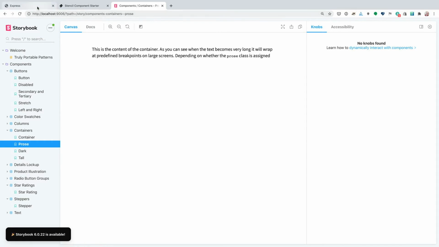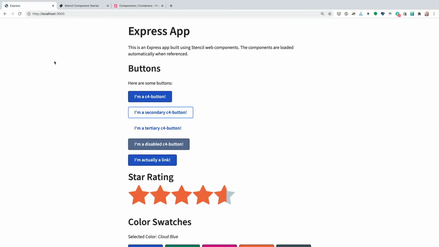And just to show you one more thing, we've taken those components and actually output them to just a basic web page as part of an Express app. Express is just a very simple web server that we're using to serve up this HTML document that contains all of the web components that we have defined. So that we have sort of a Stencil version, a Storybook documented version, and just a pure basic web component version that we can reference.